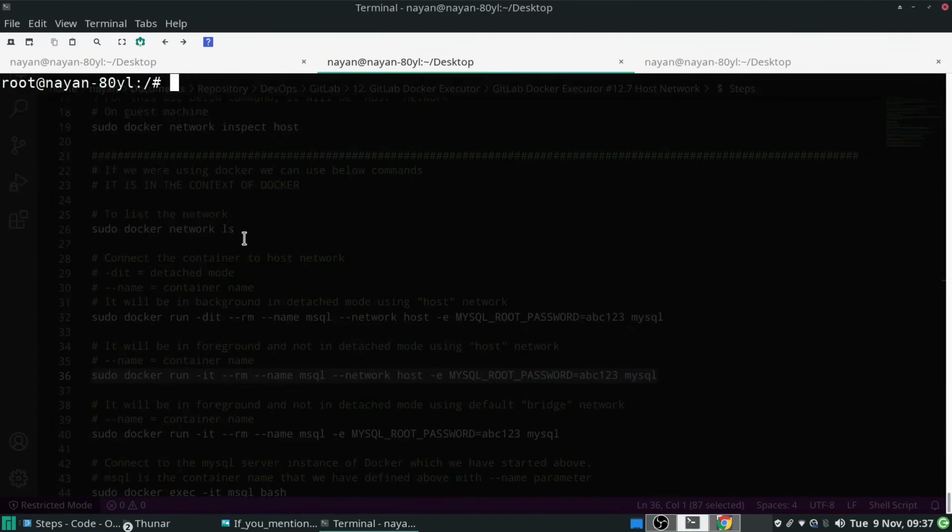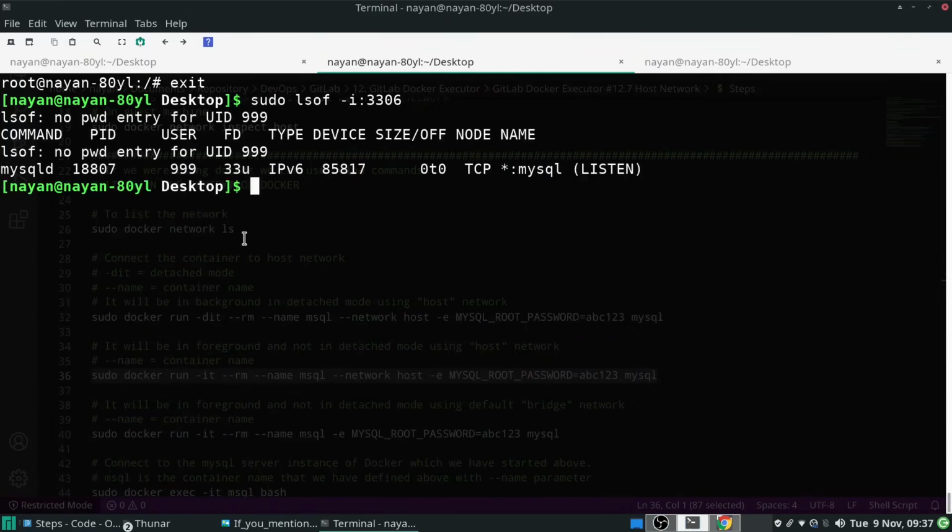The third thing is, let me exit from this bash shell. Now I am on my host machine. Over here, if I execute the command sudo lsof -i :3306, where 3306 is the port number on which MySQL services run, you can see that we have MySQL services running on port 3306.